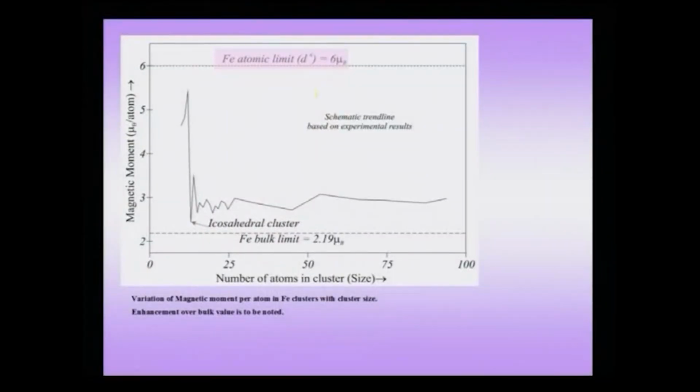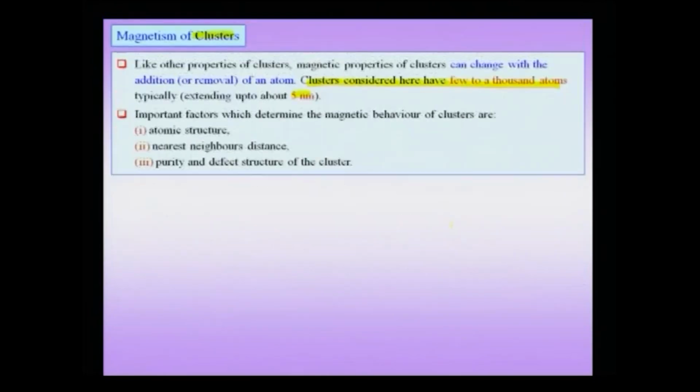So, these are the real size regimes of clusters in which we are really interested, and in the large size limit, what we obtain is called the bulk limit, wherein you consider a large nanocrystal. Now, when you are talking about magnetic or ferromagnetic behavior of clusters, a few important points have to be kept in mind. This is, of course, the atomic structure, and here we may note that this atomic structure need not be crystalline. In other words, this could just be a cluster which has its own structure, and is not necessarily a crystalline kind of structure.